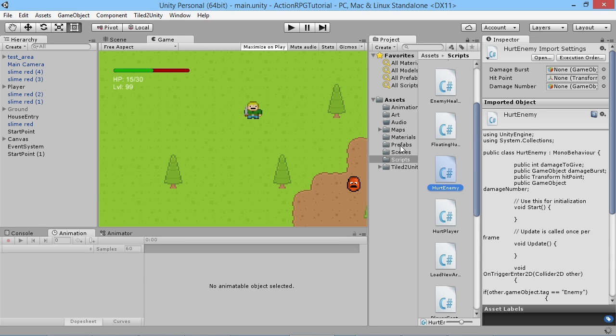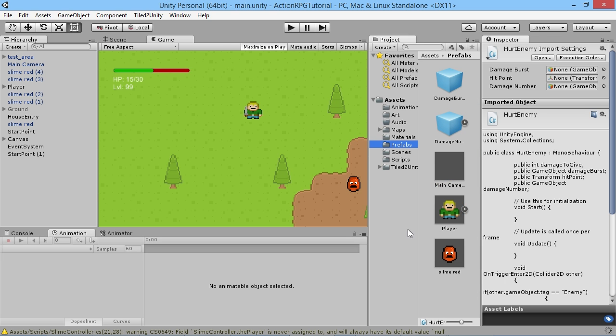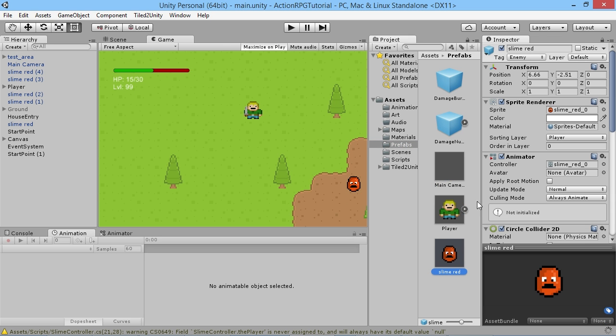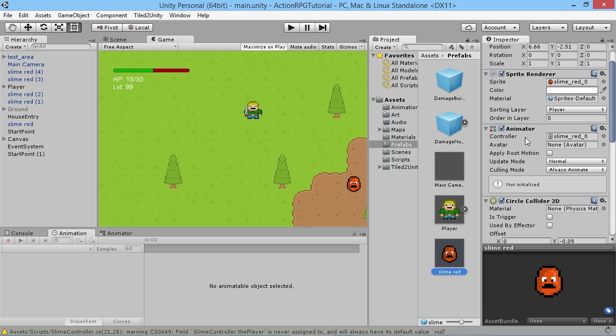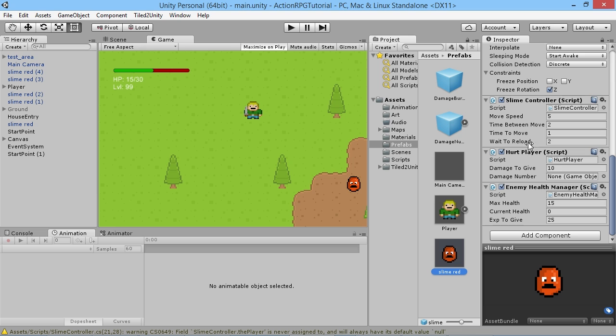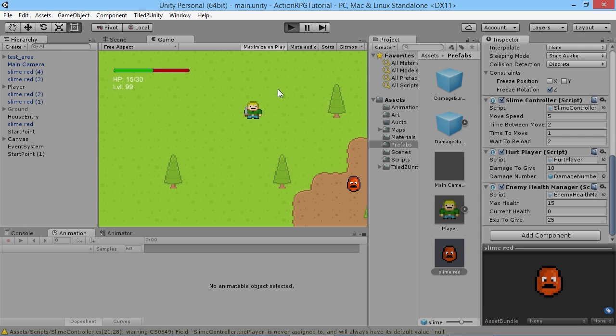In our prefabs folder, we want to make sure that our slime enemies have the damage numbers object put into that slot that we just created. So on our slime, if you just wait for this to compile down here, there we go. If we scroll down to our hurt player script, now we have this slot here that's empty. So we're going to drag our damage numbers prefab into there. And now if we play the game,